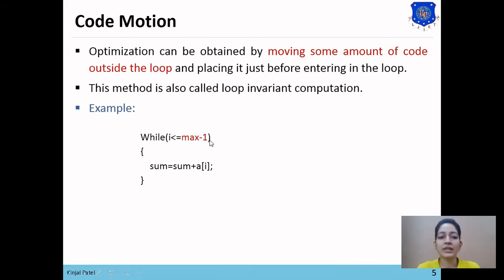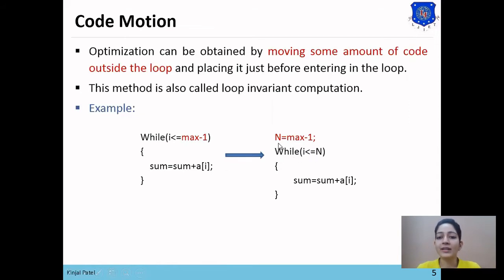So we can move this expression outside the loop before entering the loop so that this expression can be evaluated once and we can use this result wherever we need it. We'll see how we can reduce it. Here you can see n = max - 1. As max - 1 has been stored in one variable n, we can use this variable n in the loop: while i <= n.